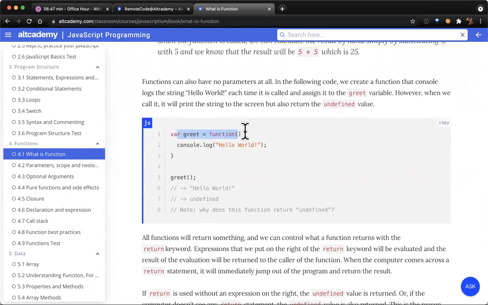And this one doesn't have any inputs. You can see here between the brackets, it's empty. So when we call it, we don't have to put anything inside. But what this function does is it calls the console log function, which is a default function that comes with JavaScript, especially on a browser. What it does is print something into the console, and the console is usually where we try to debug programs.